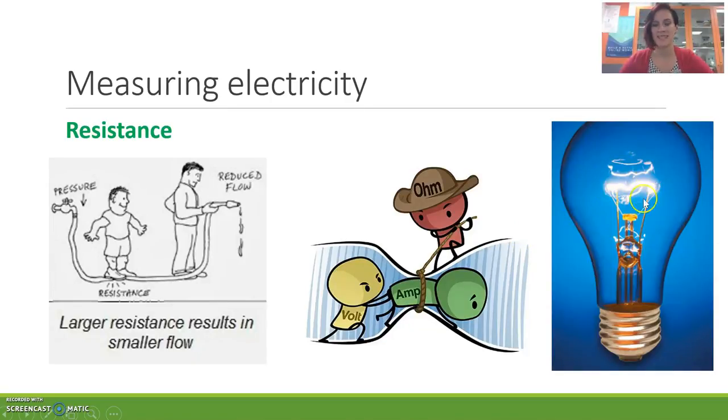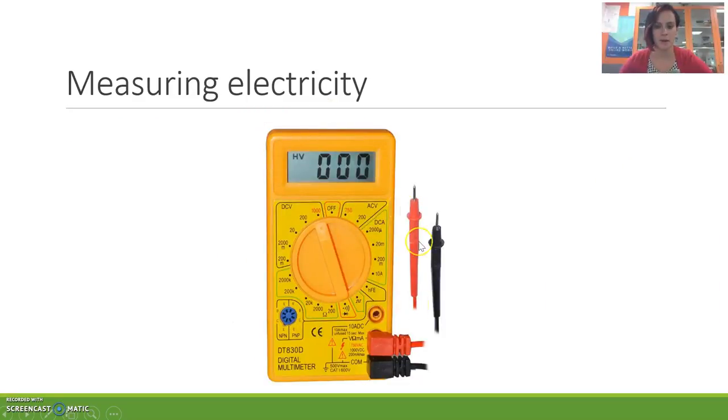And we see resistance can be used in a good way. The metal that is used in a light globe is actually resisting the flow of energy so much that the energy starts to come out as heat and light energy, and that's why we start to see that light globe glow. This is a multimeter, and we'll be playing with these later in the week, but these are what can measure your current and your voltage. They're quite complicated, so when we come to use them, we'll have to make sure we are reading the correct